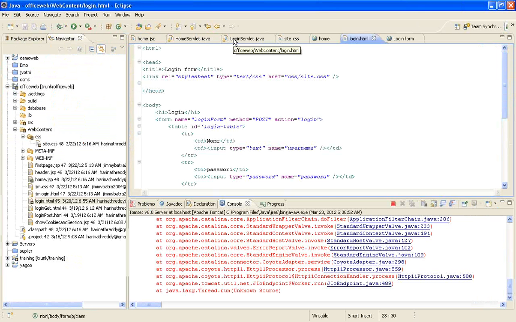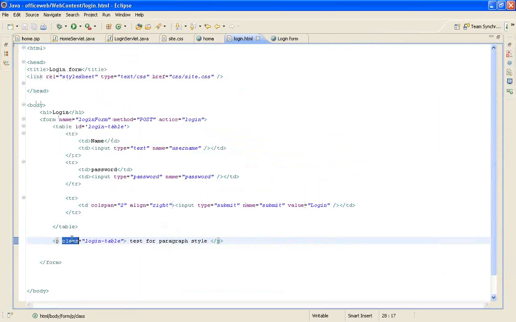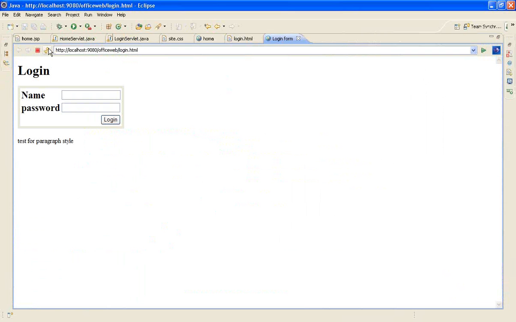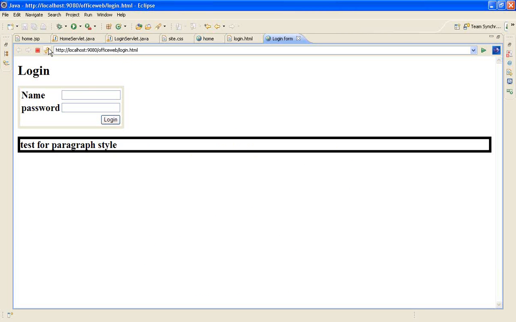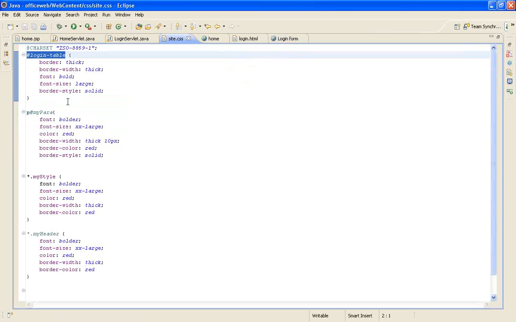No, not the class, sorry, ID. See here, when I give the same ID to another element, that particular style came out by default. Why the styles look different, I am not sure. But as long as your HTML element has the same ID, the same style is supposed to be attached.